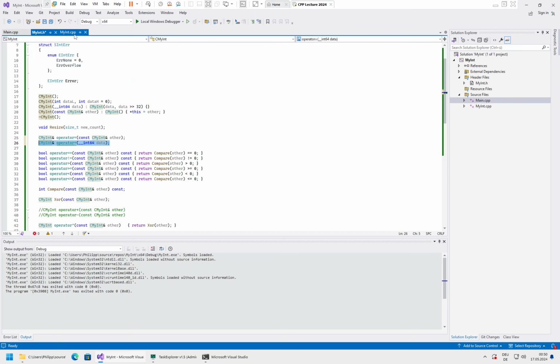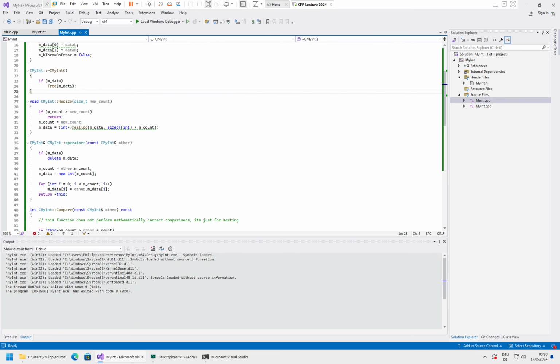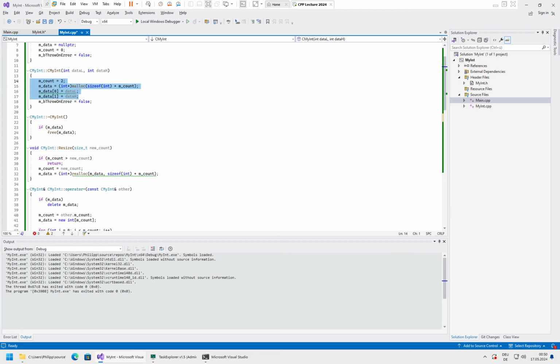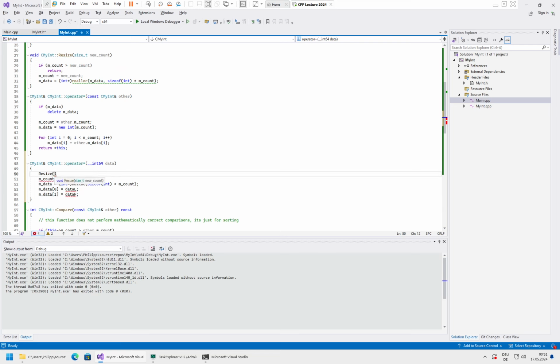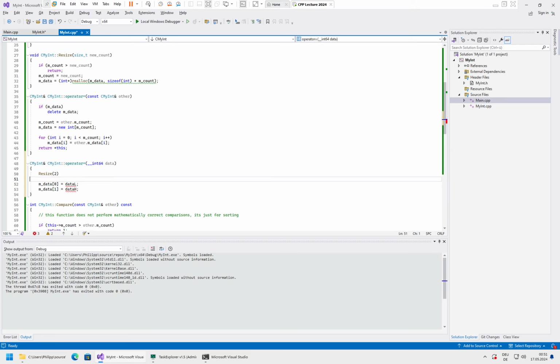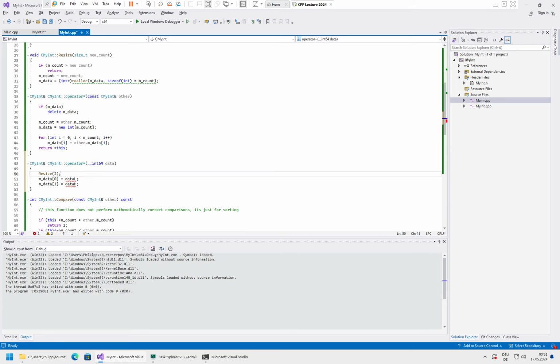So let's go here. Where would be a place for it? There is that assignment operator. Let's put it here. And we will just copy this. Although we need not to forget to do it. So we could go with resize tool. This will take care of handling all these special cases, although this will not resize it down. So let's say if it's not equal, then it will return, otherwise it will reallocate to a smaller size. And then of course we here